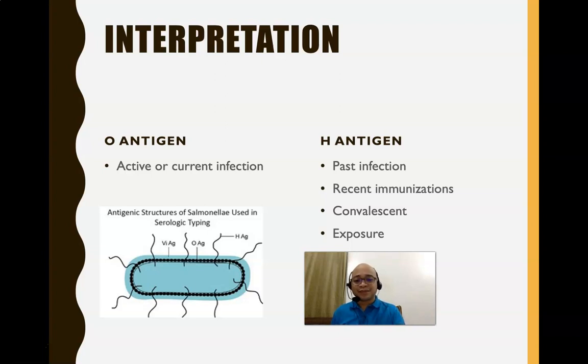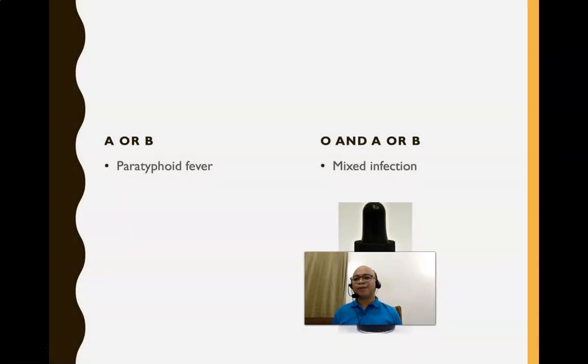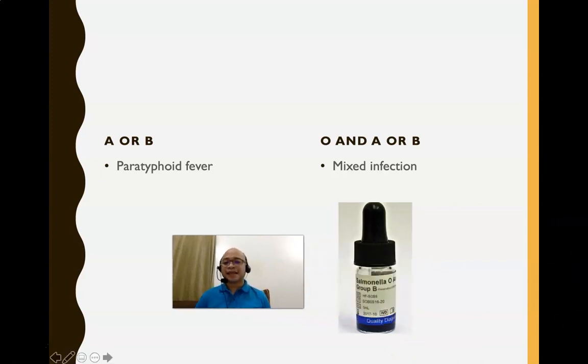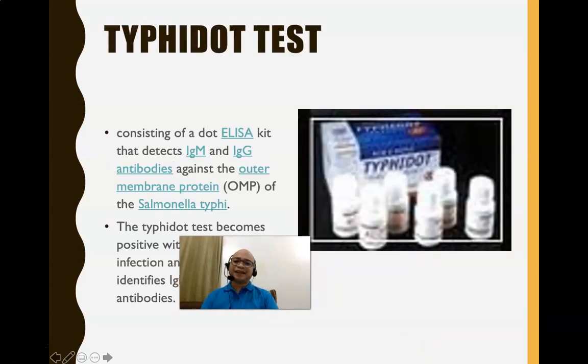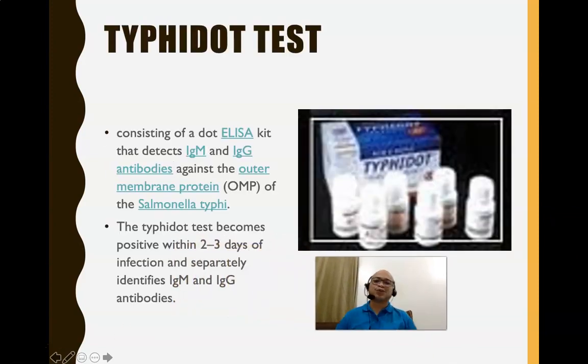If you have more than 1:80 in H antigen, this indicates past infection, recent immunization, convalescent, or exposure. So a combination of A or B indicates paratyphoid fever. If O antigen is mixed with either A or B, this indicates mixed infection. Okay. However, nowadays, as what I've told you, Vidal test actually lose popularity because of its very low specificity